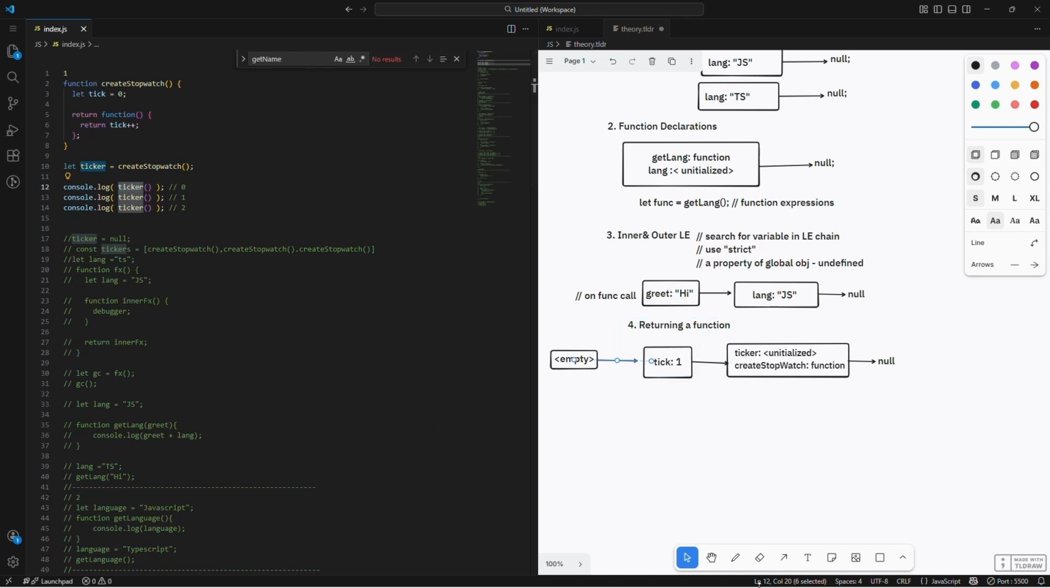So every function has a hidden property. Okay, what's that hidden property? Since this nested function is stored in the variable ticker, let's say this is the ticker function itself. Ticker function dot, there is a property called environment. Okay, what this environment property does, it stores the pointer to the outer lexical environment,